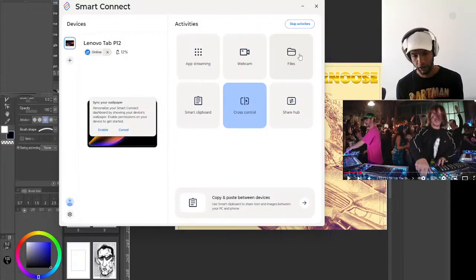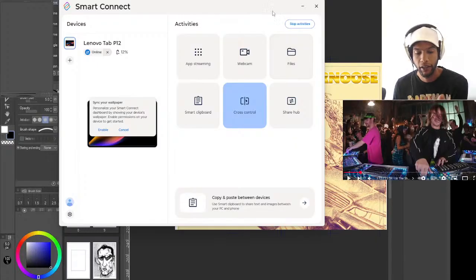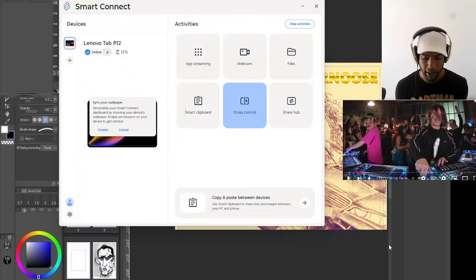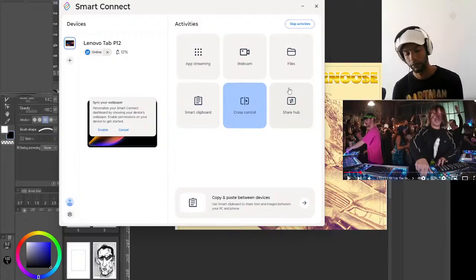So if my tablet's connected, I can look at all the files on my tablet while I'm on my PC, and vice versa. If I open Smart Connect on my tablet, I can look at all the files on my PC and take whatever I want to my tablet.